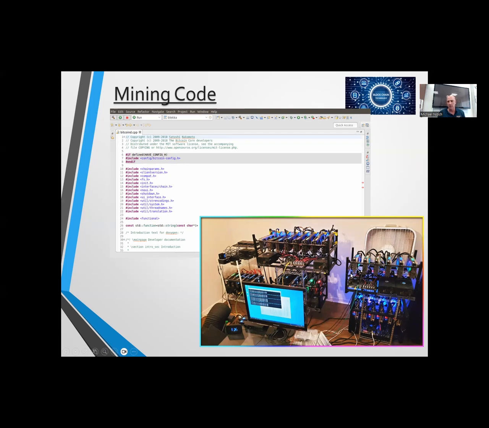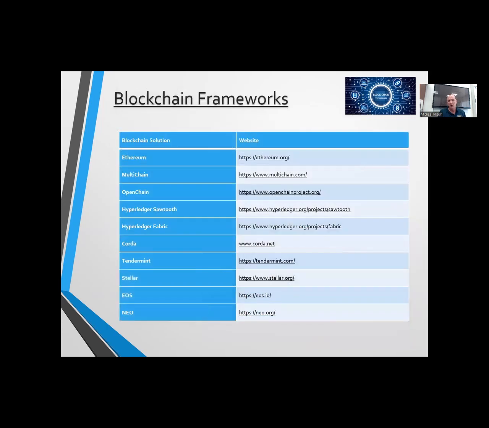Each of these GPUs is processing the code to try to solve this mathematical problem to get permission to add the transaction to the public ledger. Some of the solutions that are out there allow you to become a node on the network, that allow you to mine the coins that are waiting to be mined.